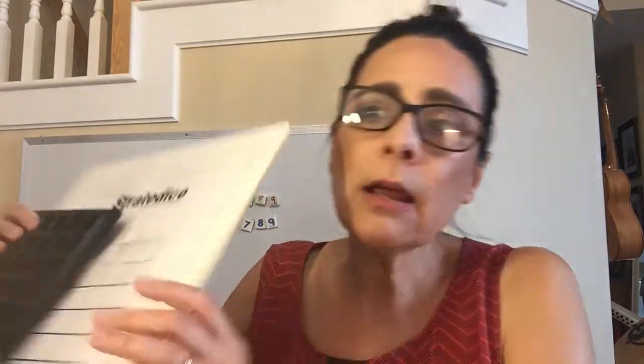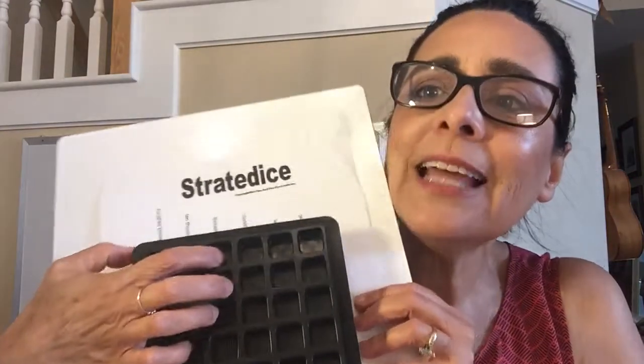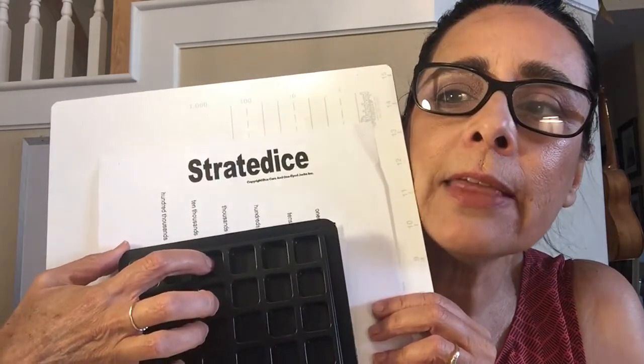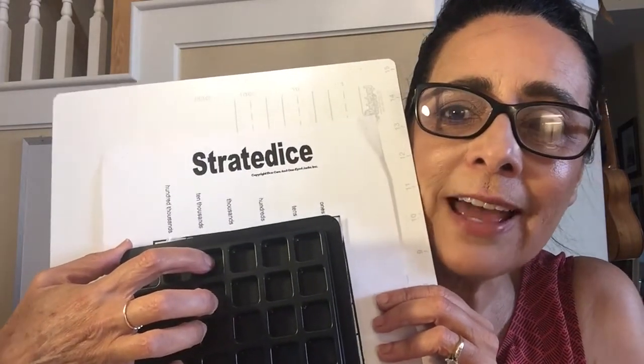It's rather empowering. So you take it like this, and then you flip it upside down, and then you lift it. So they never have to take out the dice and have them scattered hither, thither. And I do teach them dice etiquette, of course. And I also teach them that one dice is die, and that's new information for most of them. But then if you have these trays, you can just lay it right on top. Look at this. Oh, I knew that was going to happen to me. You just lay it right on top of your game board like that, and you just fill in the game board. But I'm not going to use it this way because I couldn't figure out how to make this work